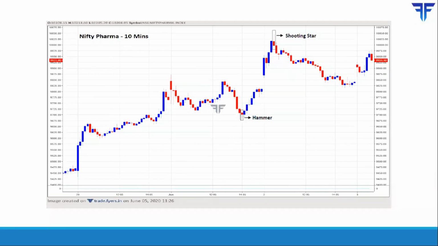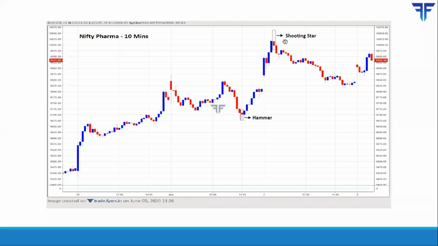Now here I'm showing the Nifty Pharma Index on the 10-minute time frame. Here was a decline in the Nifty Pharma Index, and that decline ended with the appearance of a small hammer, although not a classic, but it's still a small hammer because the real body is small and it is situated at the top end of the trading range. More importantly, in the subsequent candle, the low of the hammer was not broken and the high of the hammer was broken, and it led to a minor rally in the Nifty Pharma Index going forward.